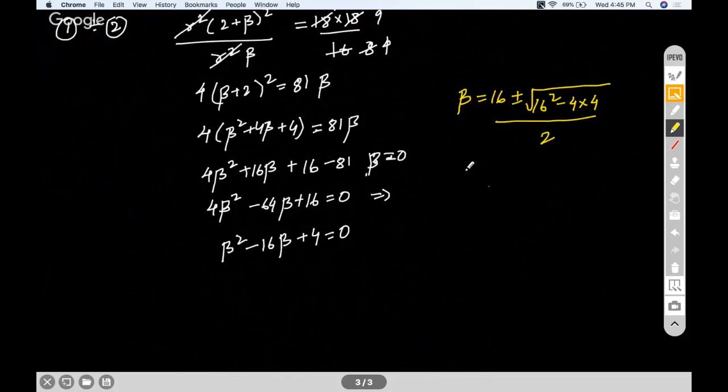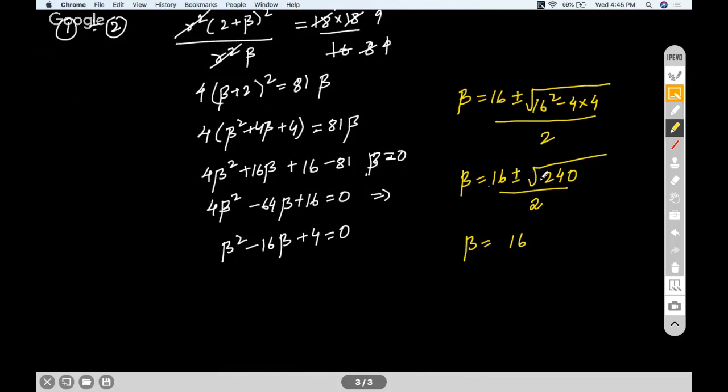So beta will come out to be 16 plus minus under root 256 minus 16, which is 240, by 2. So that's going to be 16. It cannot be a minus sign. Let's take a plus sign, under root of 240 by 2. 240 I can write it as